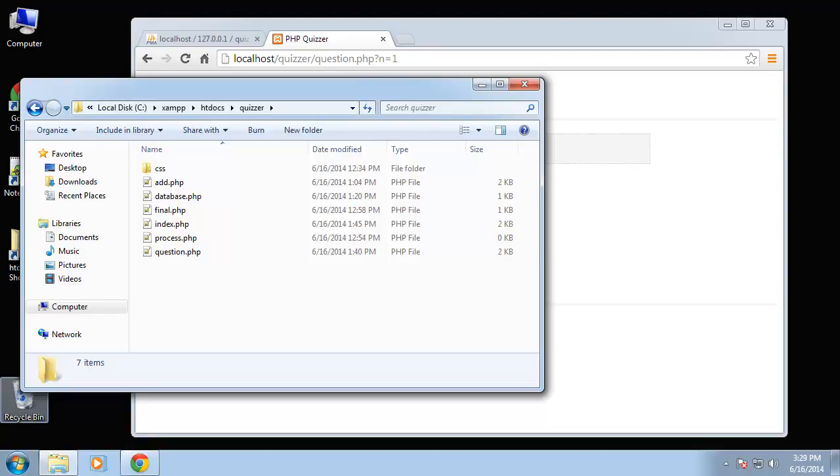Alright, so what we're going to do in this video is actually process the user's answer. We want to check if the answer that they submit is the right one, and if it is, we want to add it to our score. Now the score is going to be held in a PHP session. A session is basically, you can look at it as a global variable. You can use it on any page, anywhere in the script. So we're just going to create one session variable called score, and we'll just add to it as the user gets correct answers. Alright, so let's go ahead and open up